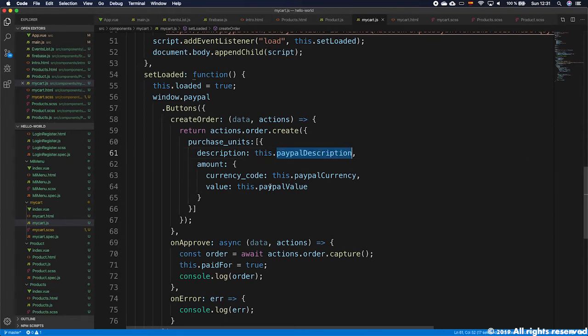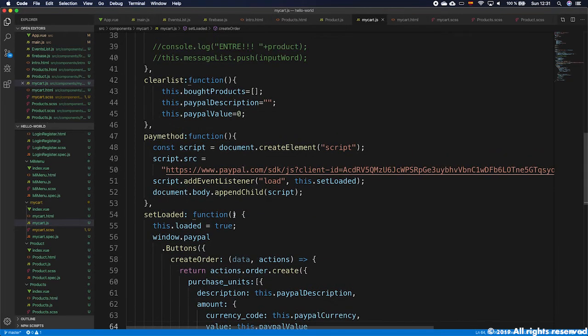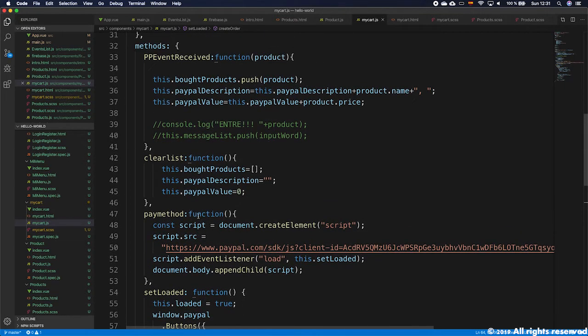It's a complete cart. And to do that, what we did is create three variables. One that represents the description. It's just a text. The other represents the currency, which will be dollars by default, USD. And the third is the value, the amount of money we want to charge for the description. Now, these variables, we will modify them up here in one specific part,